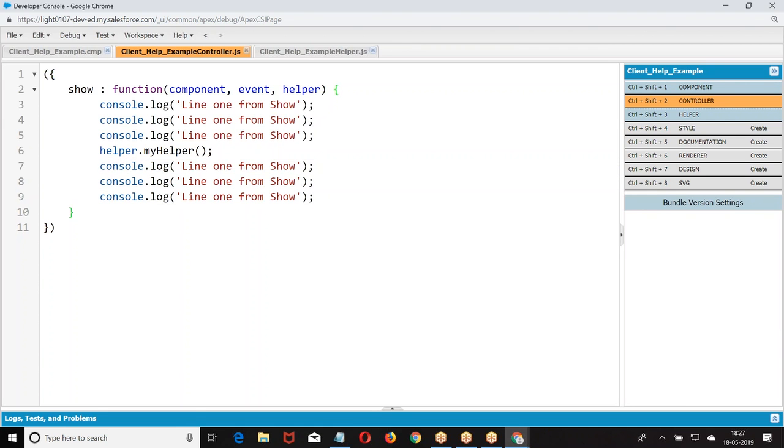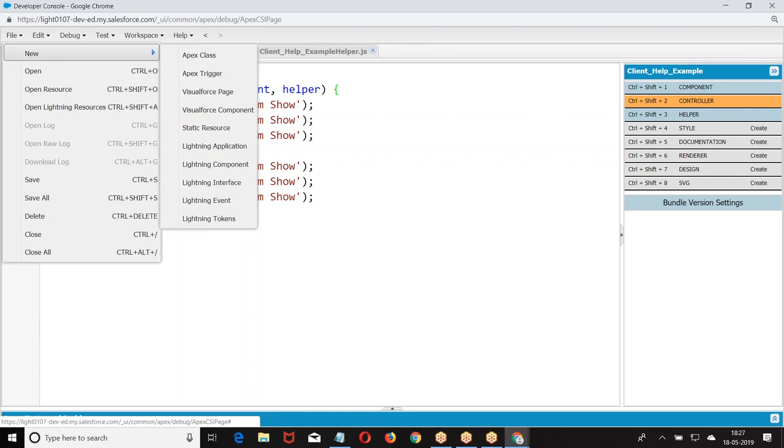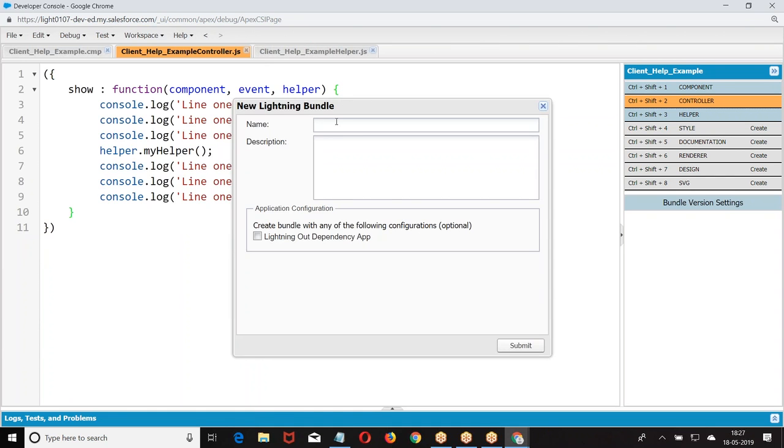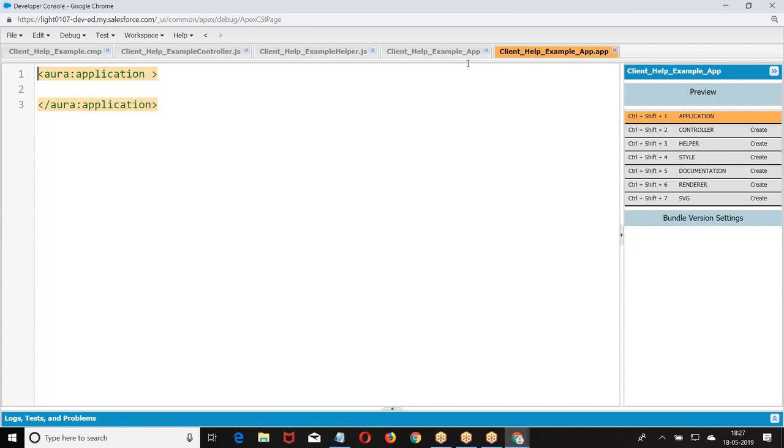Now come back to the story. Create a lightning application. Go to this.